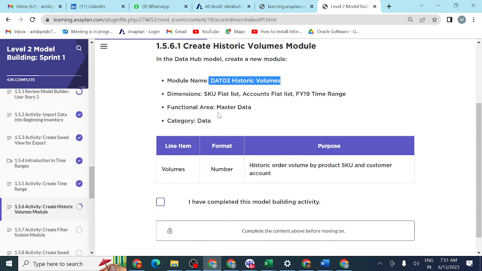So the functional area should be master data, and the category should be under the data.